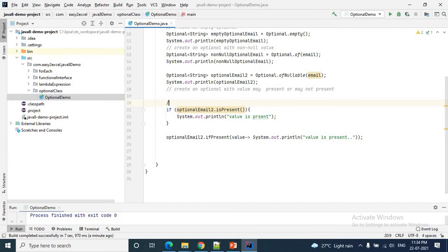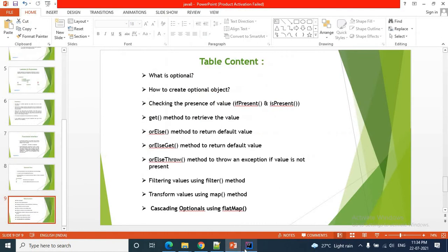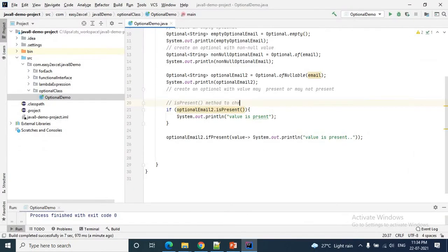Let me put a comment over here for your understanding: isPresent method to check the presence of value.